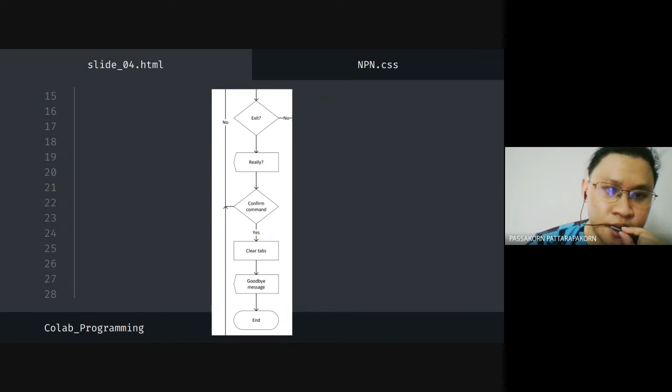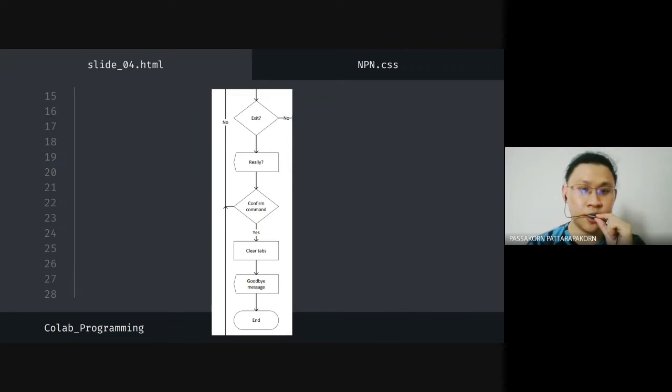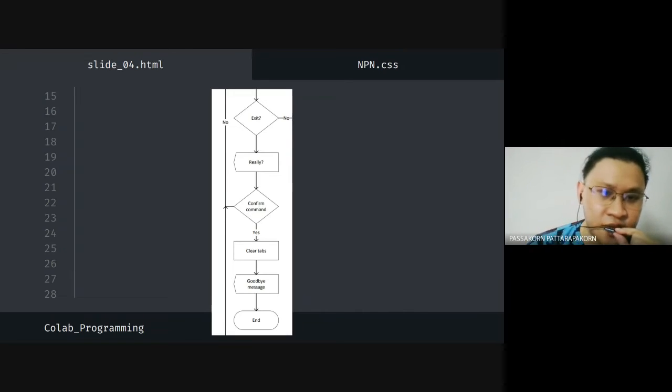If the user types the command exit, we will check that the user really wants to exit. If yes, it will clear all tabs, show a goodbye message, and then end the application. But if it is no, we'll go back to